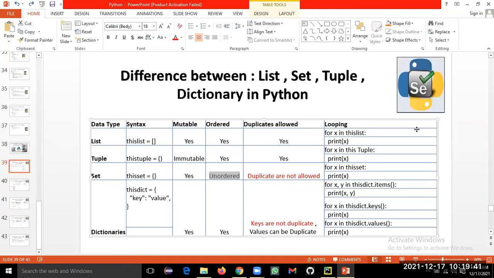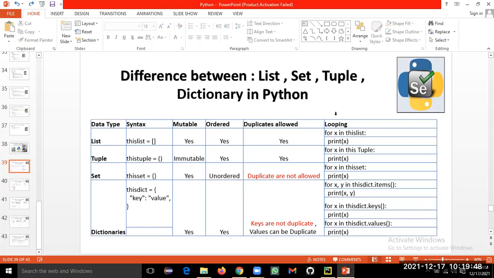This iteration is required when there are lots of items in the list, set, tuple, or dictionary and you want to apply some logic, like checking whether a certain element exists in the set or list, or summing the values or the elements of a list or tuple, or processing any other logic. Then you have to iterate through it, check the things, apply the condition, and write your logic.